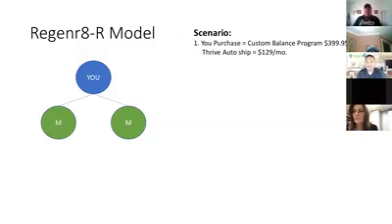You purchase a custom balance program, right? You can buy the Kickstart program. You can buy the Your Life program. It does not make a difference, okay? But for this simple explanation, this sort of simple duplication, we're just gonna say we sign up at the $3.99 level. That produces 200 in commissional volume. The Thrive Auto Ship is $129 a month, which produces 100 in commissional volume.